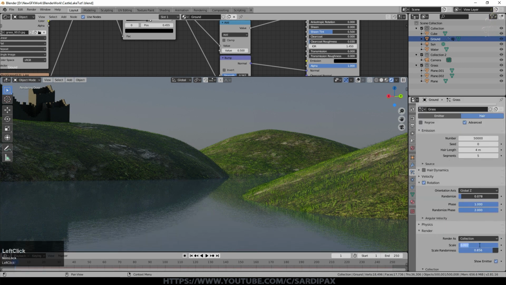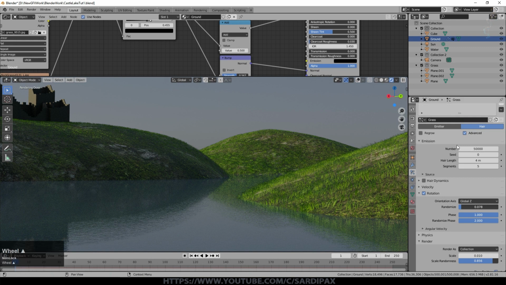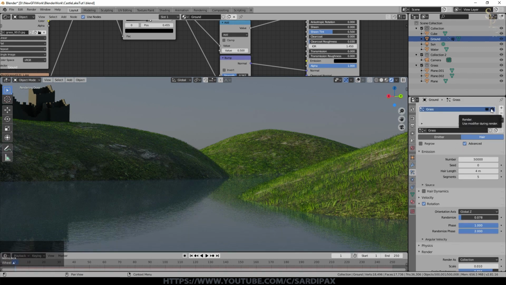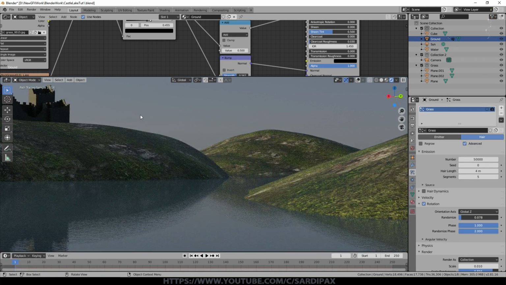And we can probably put the scale up to 0.01 now that we've thinned out the grass in some ways. So that's how the grass is done. I'm just going to now disappear the grass because that's obviously causing quite a bit of issues with the time it takes to render it. So I'm just going to click that little icon there just to remove the grass from the scene while I carry on with some other things.